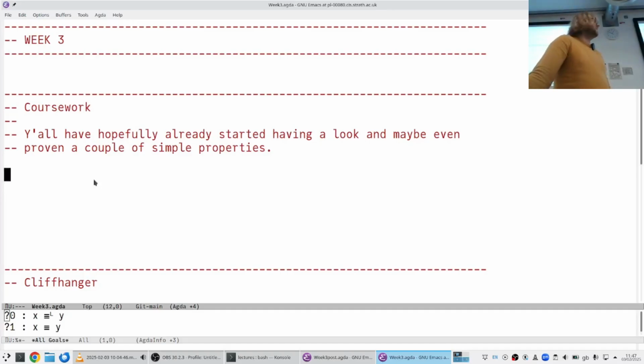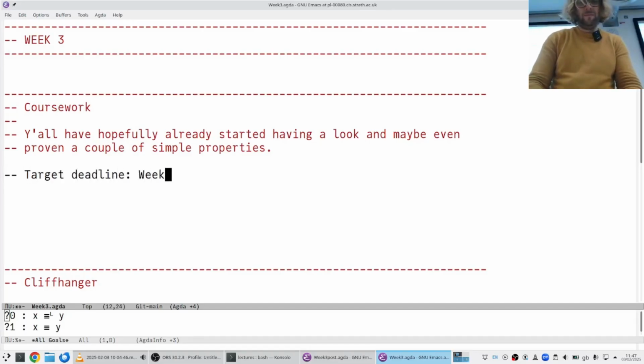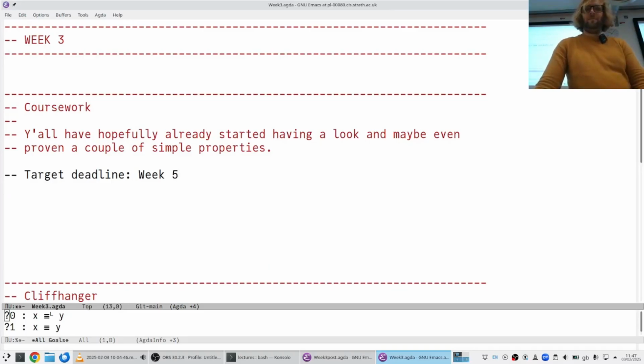On the record, yeah. So as I was saying, we have a target deadline of week 5. If you need more time, you can have more time. But then you will have the second coursework also to do, and you will have your projects that you need to put together and so on. So it's better to start early and do the stuff you can already do, and slowly every week during the 1 hour lab, just do a couple of questions, and then you'll be fine.